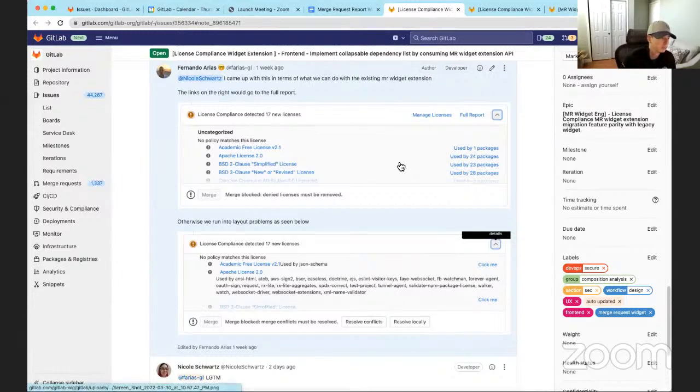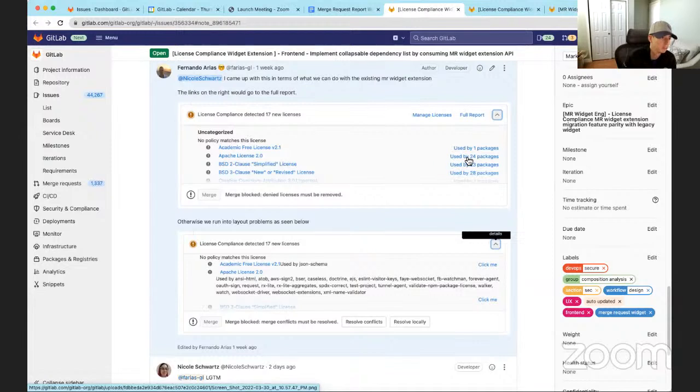So the problem is for license compliance, we have this idea of scanning a project for licenses. We have the license type and then a list of packages that were detected with that license. For license compliance, the ones that we really care about, and Nicole emphasized this, was that for the denied licenses, so licenses that are detected that are not allowed in the project, she wants it to be immediately visible here,